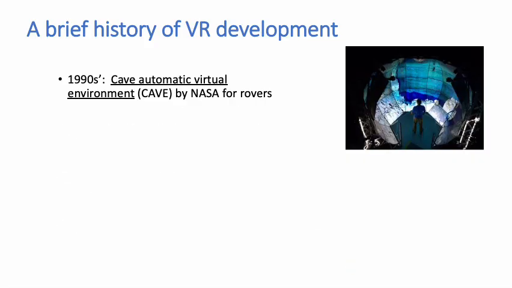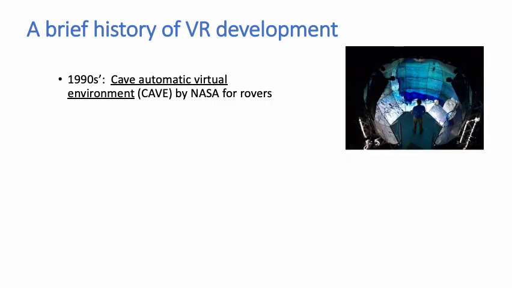That led to the development of the CAVE, the Cave Automatic Virtual Environment, which was basically a kind of surround screen with multiple projectors projecting left, right, front, and behind the user, where the user can turn and look in all different directions. Obviously, there was not a lot of haptic feedback technology at that time, so this was still sort of limited, but this was the first kind of full surround view